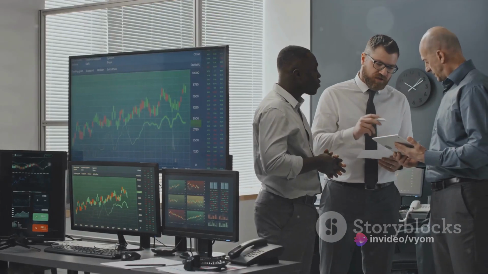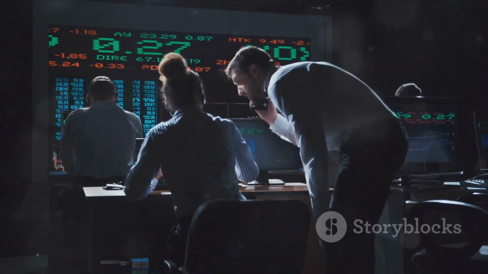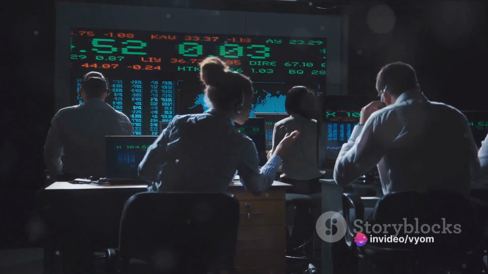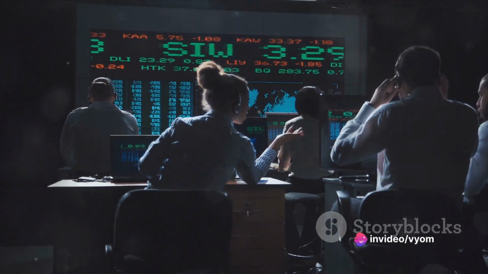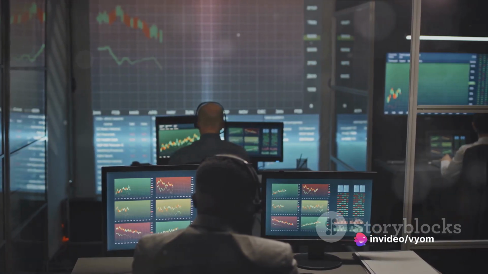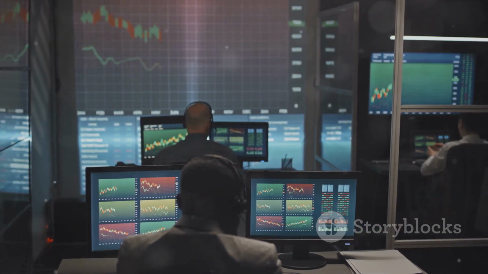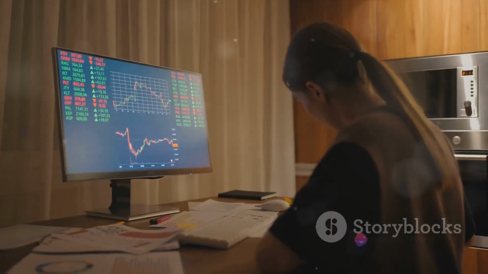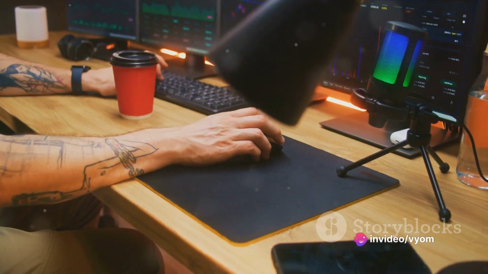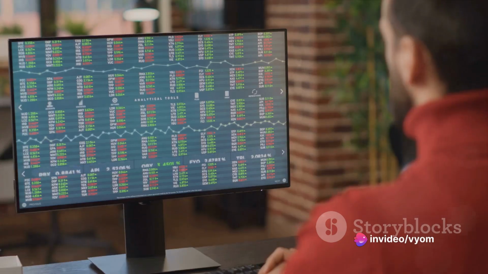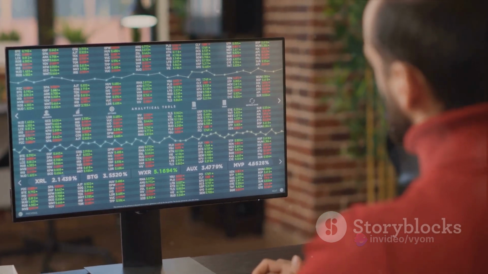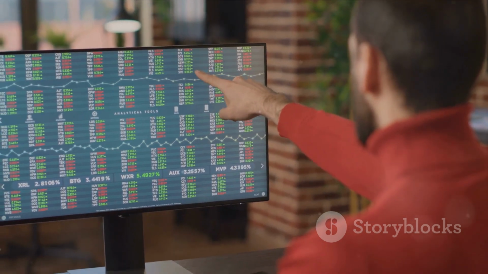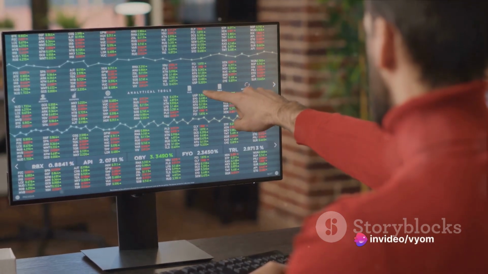The Channel Commodity Index can be a powerful tool for traders, especially when used in conjunction with other technical analysis tools. It's not a foolproof method, as there's no such thing in trading. However, when used correctly, it can help traders identify potential trading opportunities and make more profitable trades. By understanding and utilizing the Channel Commodity Index, traders can make informed decisions and potentially increase their profitability. Remember, the key to successful trading is not just about following trends, but also about understanding the tools at your disposal and using them wisely.